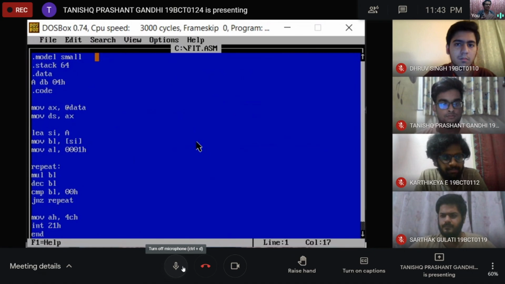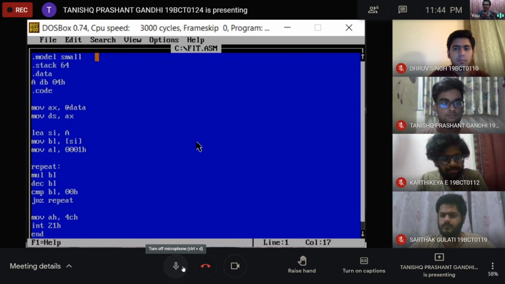CMP BL, 00H compares 03 with 00H, which is not equal. So JNZ repeat will jump, since the comparison above it is not zero, and it will go to the loop again. If it is zero, it will continue the code downwards. So now, the control goes again to MUL BL.